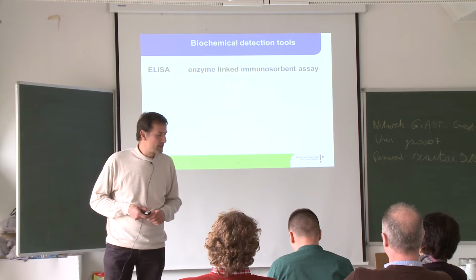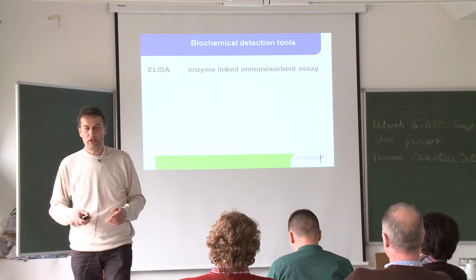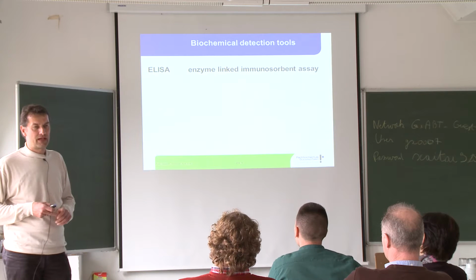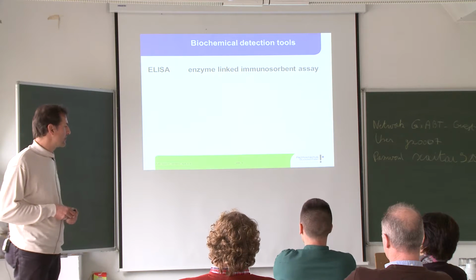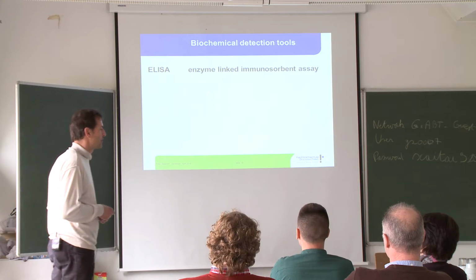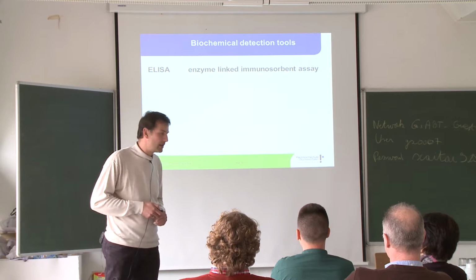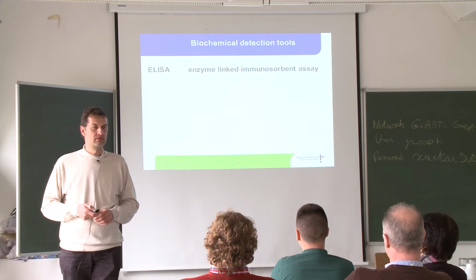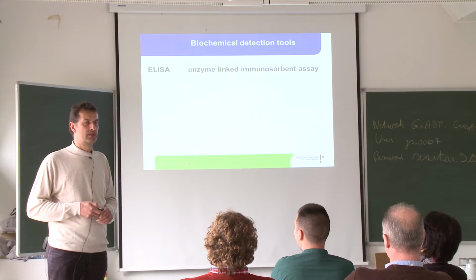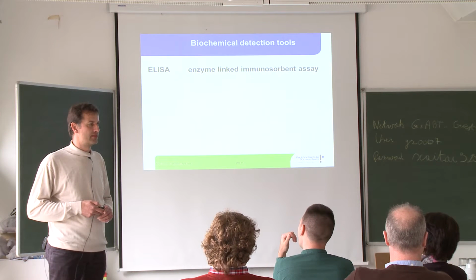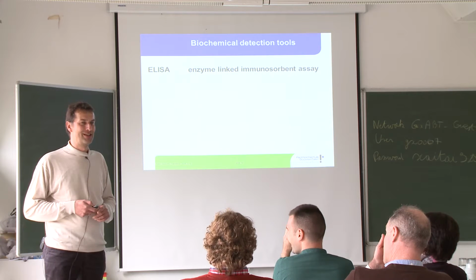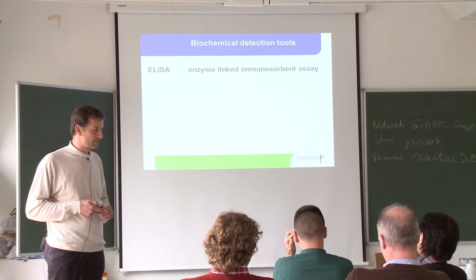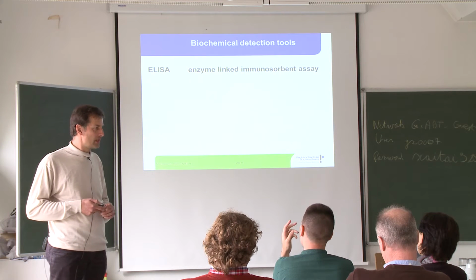First, a biochemical detection tool. It is easier, it is cheaper, it is at least as fast or faster than PCR. It's the ELISA technique, the enzyme-linked immunosorbent assay. What does that mean? Any idea? Enzyme-linked immunosorbent, immune system, yeah, something like that. A reaction where the color is changing, but it depends on which ELISA you use.